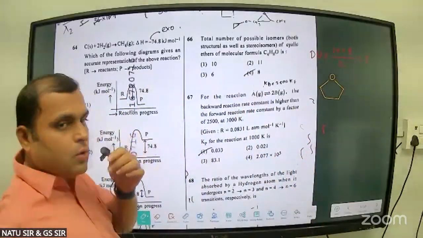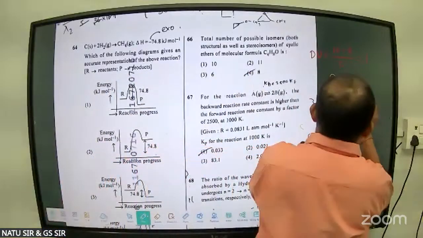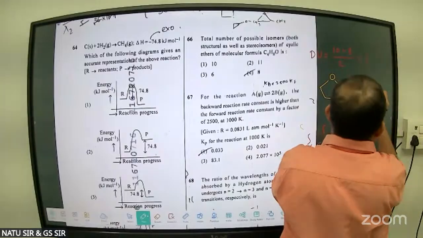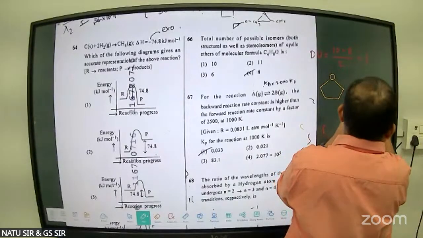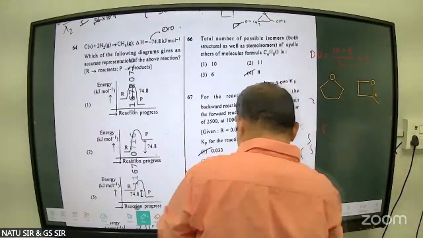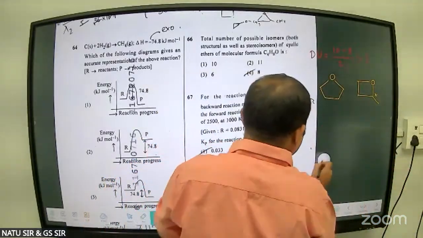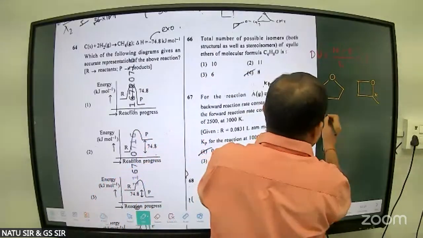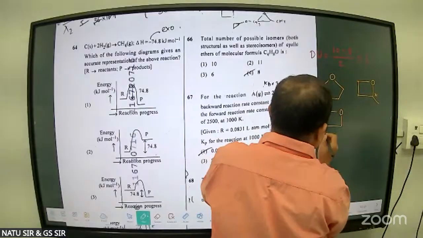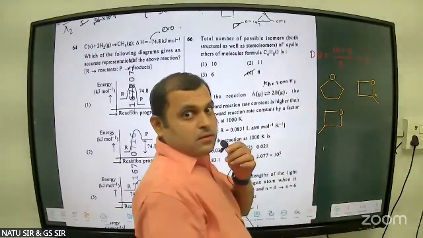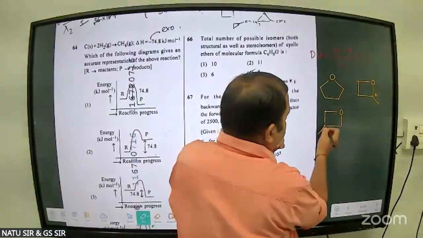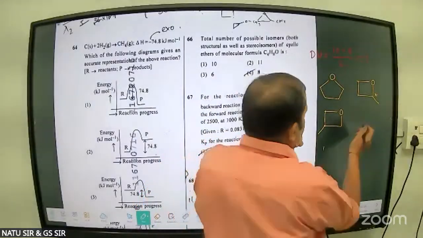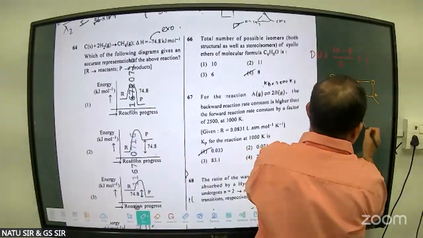which has no chiral carbon. We also have to consider stereoisomers, so we have to identify chiral carbons, but it does not have a chiral carbon. Then let us take one carbon outside. So one methyl right here. This is becoming chiral. Then if you shift that methyl to the next carbon, this is not chiral, right? Because if you start from this carbon, if you go anticlockwise or clockwise, you will get the same connectivity of atoms. So this is not chiral. Then we will get